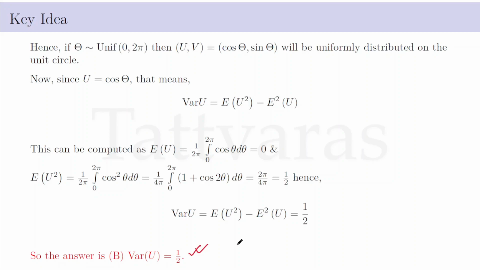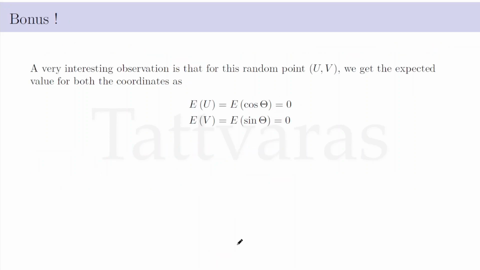I have something more for you all. So this is a bonus. Now this is a very interesting observation if you make, that for the coordinates, the x coordinate u and the y coordinate v, if we calculate the expectations individually, we get both to be equal to 0. It's very simple, you all can do that. Now that implies,